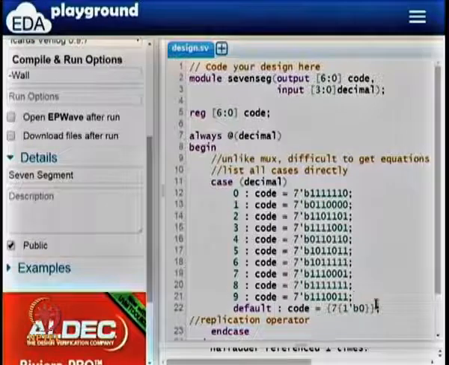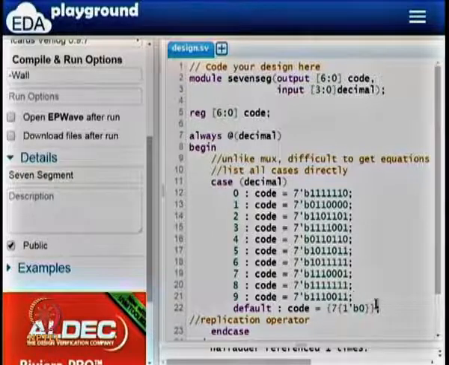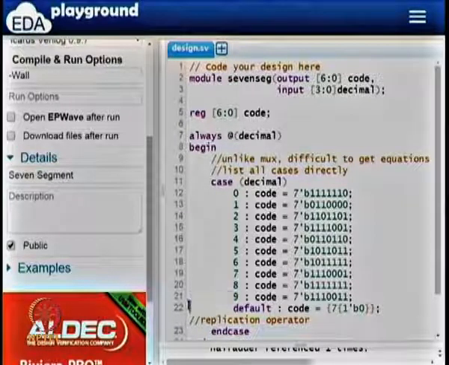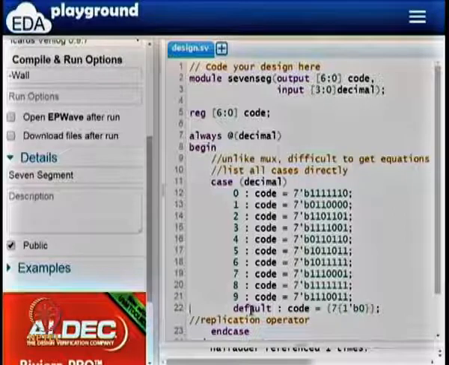So the key thing is, for all the 16 possible combinations I have explicitly listed them. In fact if you want to display a hexadecimal digit, let us say A, B, C, D, E, F also, then you will put 6 more case statements below this statement. From line number 22 you will put 6 more case statements. So this is okay if for every input combination you know exactly what the output is.